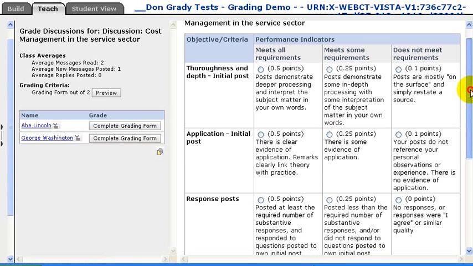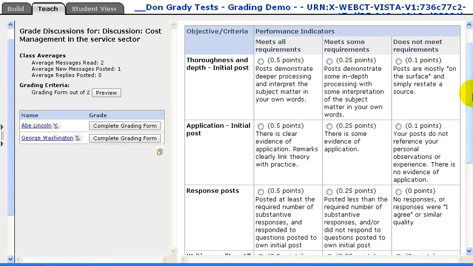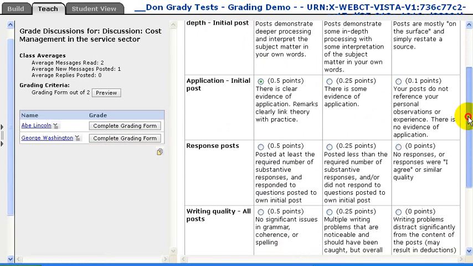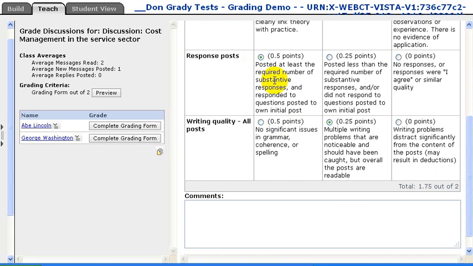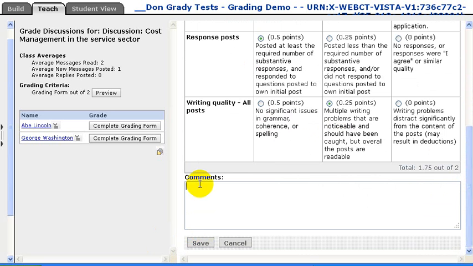At that point, you would then go down using the criteria, and you would indicate how George did on the topic. Now in George's case, he did very well, except his writing quality was a little bit shy, so we'll knock him down one there. But he seems to have done well in all the other areas, so his total points is 1.75 out of 2. I can then make some overall comments here that says great job, or whatever you want to post there,